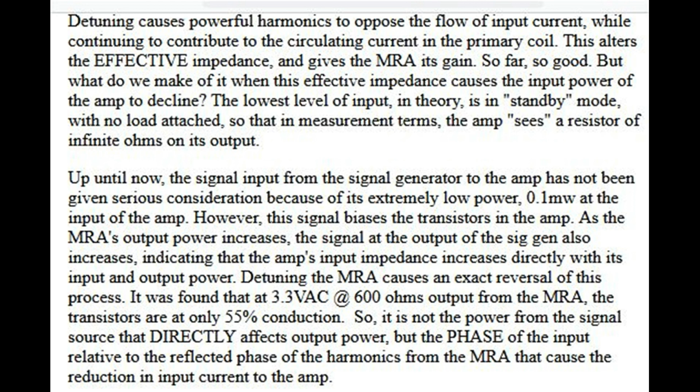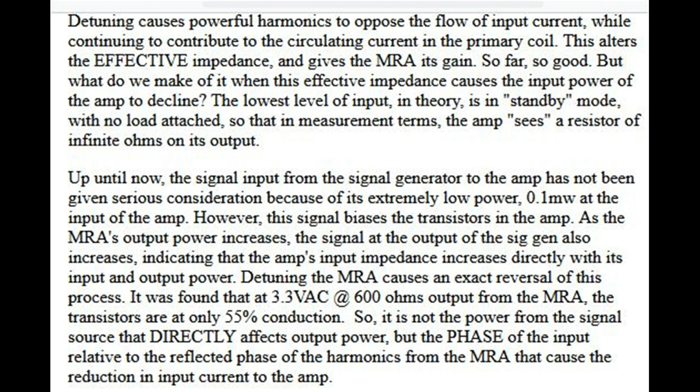Up until now, the signal input from the signal generator to the amp has not been given serious consideration because of its extremely low power, 0.1 mW at the input of the amp. However, this signal biases the transistors in the amp. As the MRA's output power increases, the signal at the output of the signal generator also increases, indicating that the amp's input impedance increases directly with its input and output power. Detuning the MRA causes an exact reversal of this process. It was found that at 3.3 VAC at 600 ohms output from the MRA, the transistors are at only 55%